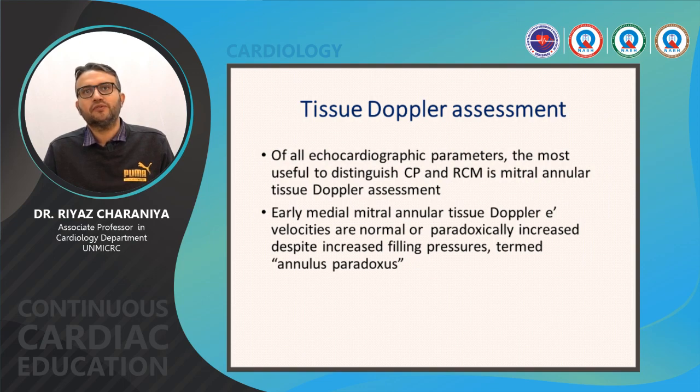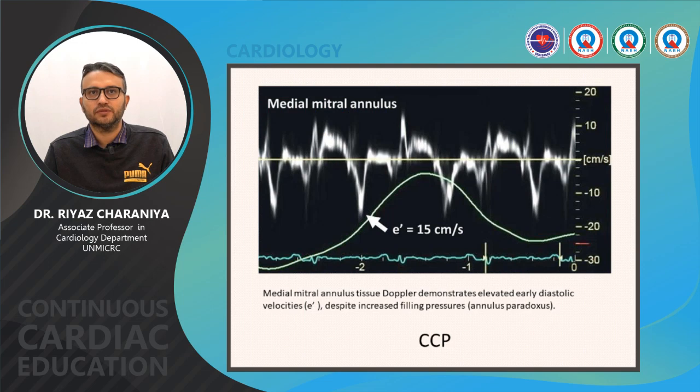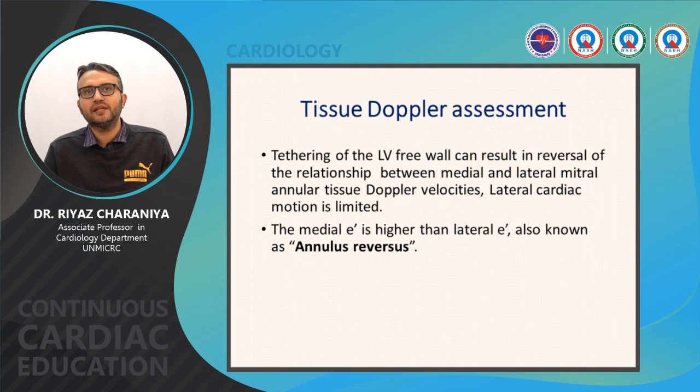Of all the echographic parameters, the most important or the most useful is the mitral annular tissue Doppler assessment. The early medial mitral annular tissue Doppler E' velocities are normal or often paradoxically increased in constrictive pericarditis, and that is known as annulus paradoxus. So, sometimes the mitral medial annular velocities are increased in constrictive pericarditis,